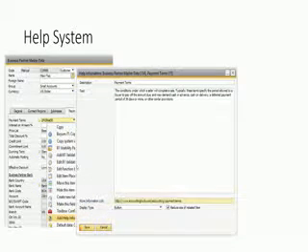Next up is our new help system. This is part of Toolbox. What you do is, if you have any screen in Business One, you can right click and say add help information. It gives you a screen, and in this case I right click the payment terms, so I can say what kind of information I want to tell them, what payment terms mean. So I put in a little text, and I have the option to also put in a URL if I want to have more information. And then I have the option on how to display it.